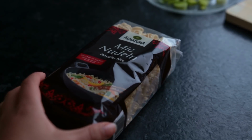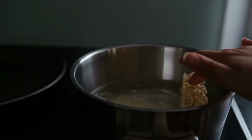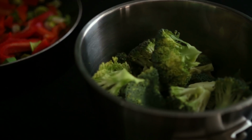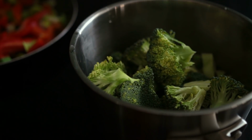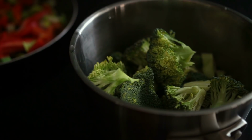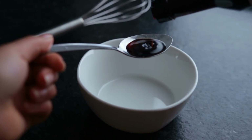In those 10 minutes, I did a lot of things. I cooked up these al natura noodles. I steamed the broccoli in a small saucepan for about 5 minutes. So I just added in about 1/3 of a cup of water and then put a lid on halfway so the steam could escape. Probably not the best technique for steaming, but it works well if you don't have some sort of steaming apparatus. Then I combined soy sauce,